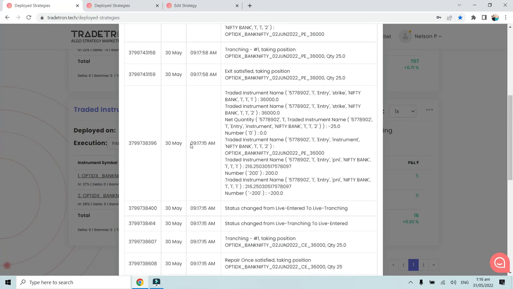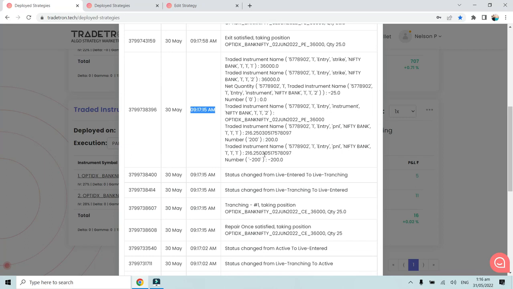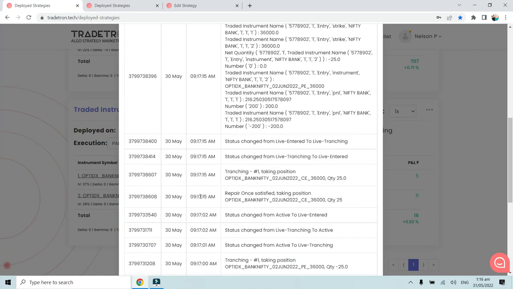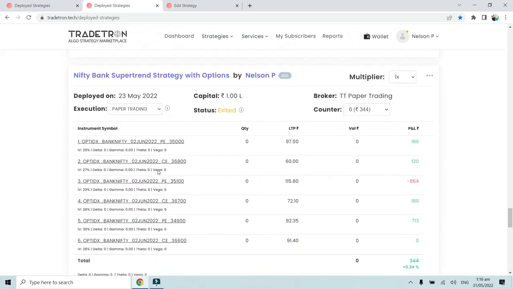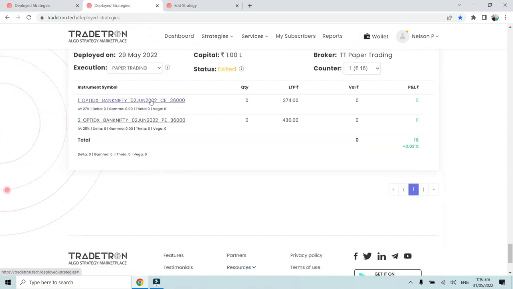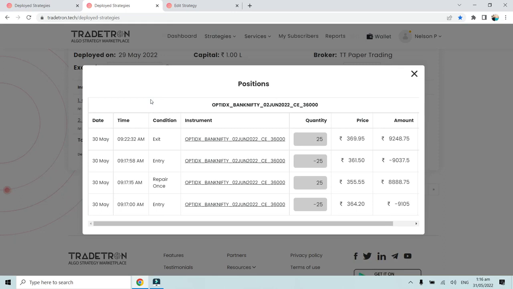So at 9:17:15 am, that is after 15 seconds, we saw that repair one's condition was triggered for the call option. So that's the reason why, as you can see over here, now we will see the trade that has happened. All right, so trade over here, if you see the call option, it traded at 9:17 am, and at 9:17:15, that is 15 seconds later, there was a repair